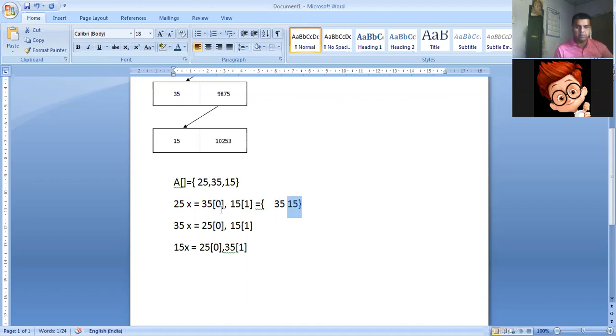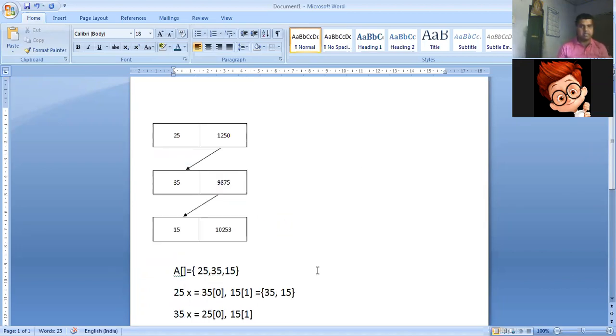That is why, once the value gets deleted, the remaining values present in the array also need to be shifted so that your memory allocation does not get wasted. So now if you shift 35 into the 0 index and 15 into the first index, right now two indexes are occupied, that is 0 and the first index, where 35 and 15 are available. Now here comes the advantage of the linked list.